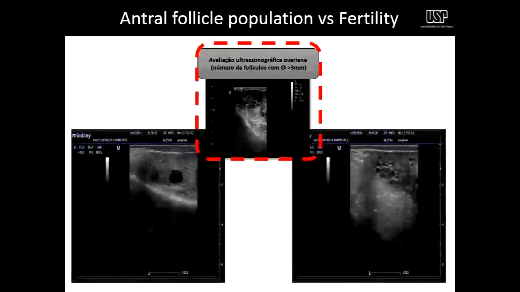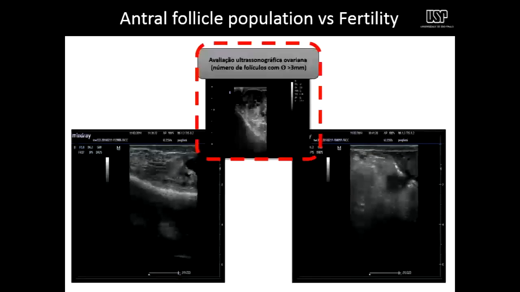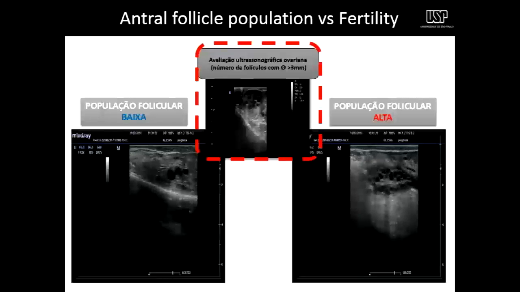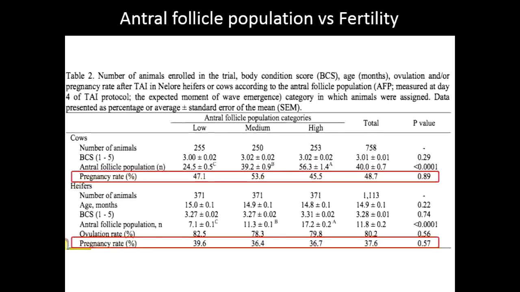So this is the data, just to show the difference. Here is a cow with a low number of follicles. This is a cow with a high number of follicles. Look at the strong difference on day 4 of the protocol, at the beginning of the follicular wave. And this is the data in cows and heifers. And here's the conception rate for AI in 2,000 animals, heifers, and look here, the p-value, very high p-value, no effect also on the conception rate in the AI according to animals with a high number of follicles and